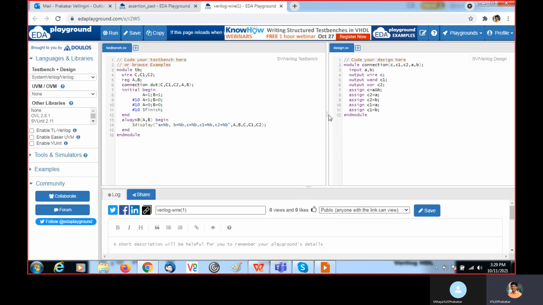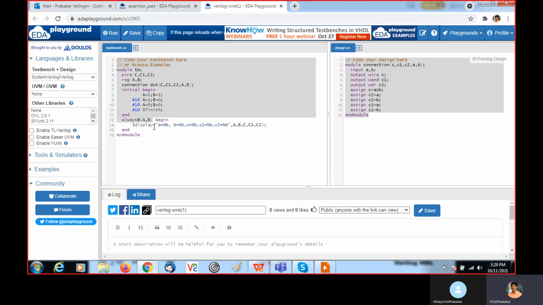In this EDA diagram, on the right hand side you can write your design, and on the left hand side you can develop the testbench. So automatically this design.sv is linked with the testbench.sv. If you use or create any new file, here you need to include that file. Then here you need to choose Verilog or SystemVerilog to write the Verilog coding. Here you can write the design.